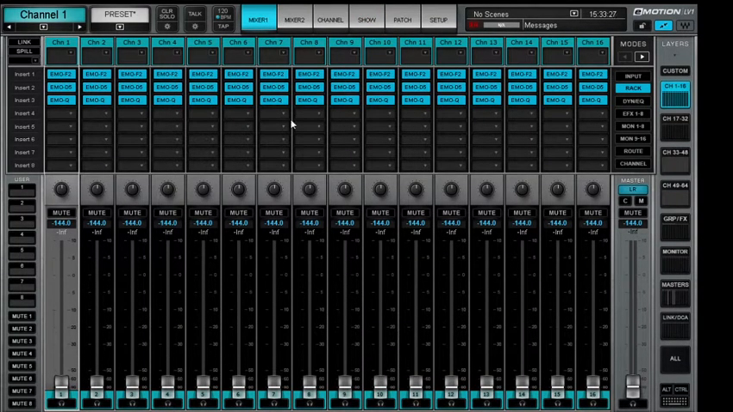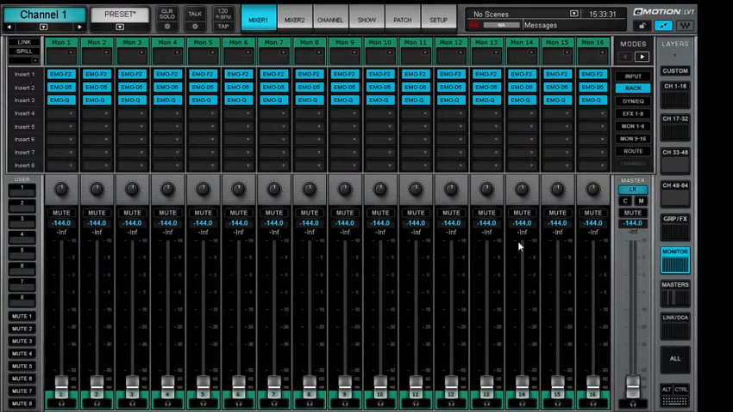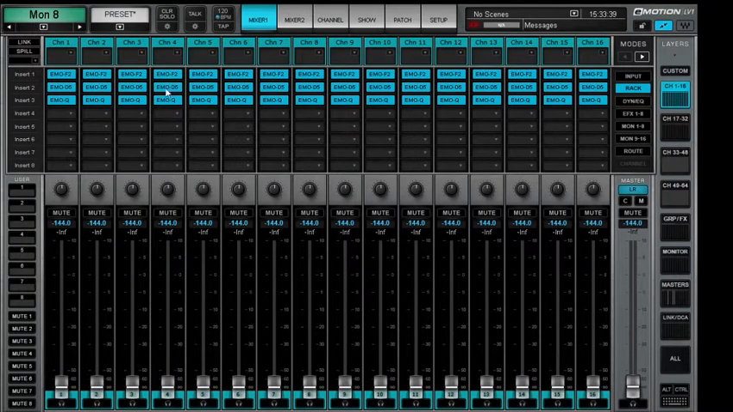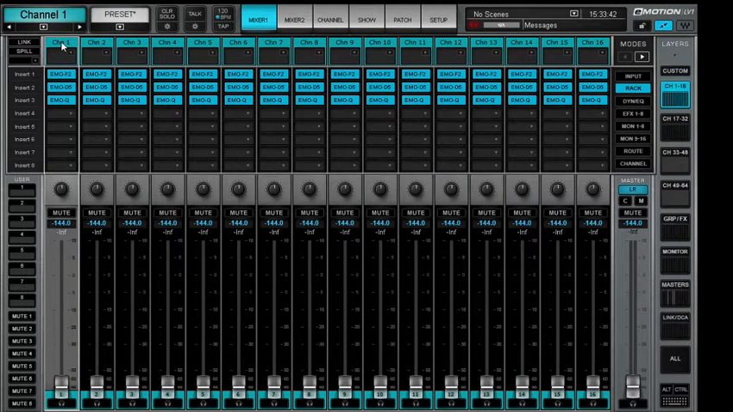So, first of all, you have to know what your inputs are going to be. Then you need to know what your monitor mixes are going to be. So it's typically, let's just say we're going to do 8 monitor mixes. And let's say we're going to max out our 32 inputs. So let's just start here and just call it,